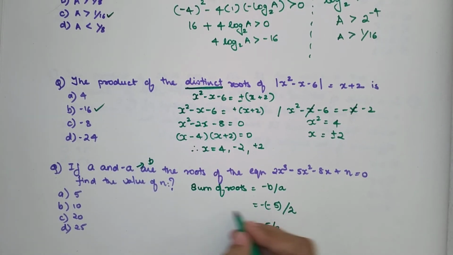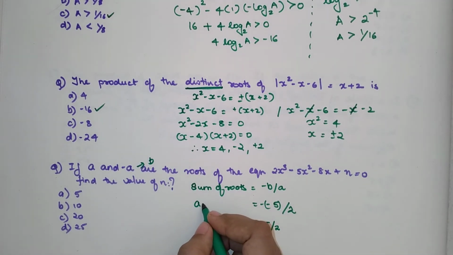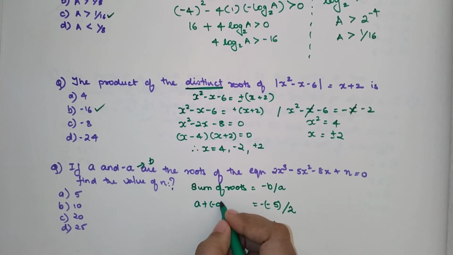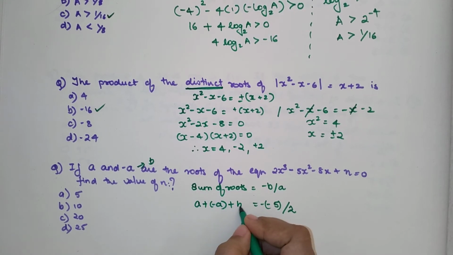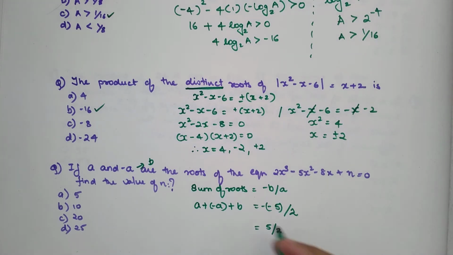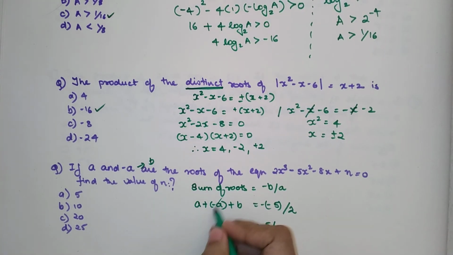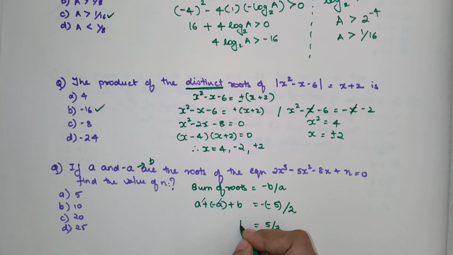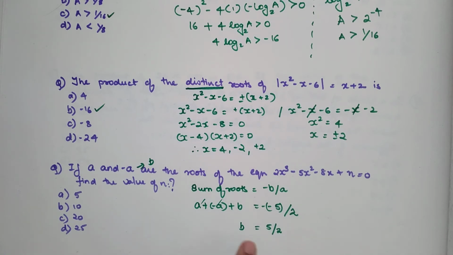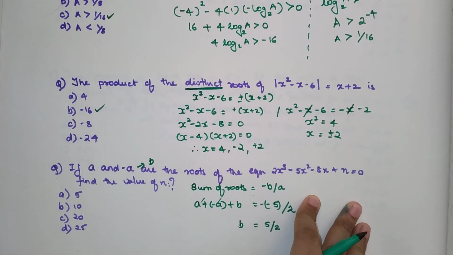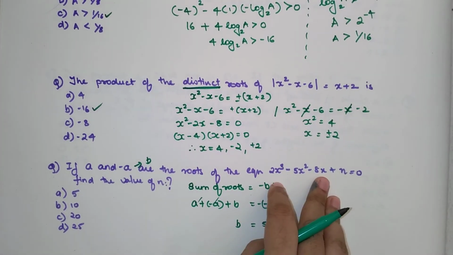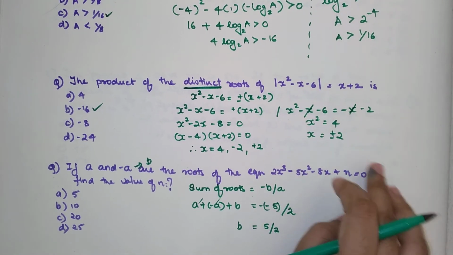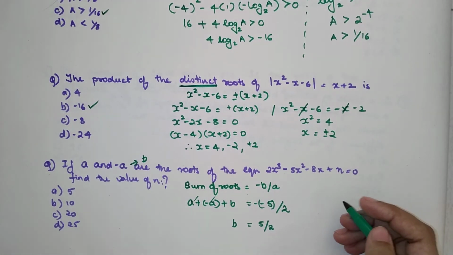So here let's talk about the third root and keep it b. Okay. So if we have 3 roots, so a plus minus a, because we're talking about the sum, plus b will get you this. So here I can say a minus a will get cancelled. So I'm just left with b. So now we can say that one of the roots will have the value of 5 by 2. So now all you need to do was to substitute this value in place of x in the entire equation and find the value of n. So let's quickly do that.